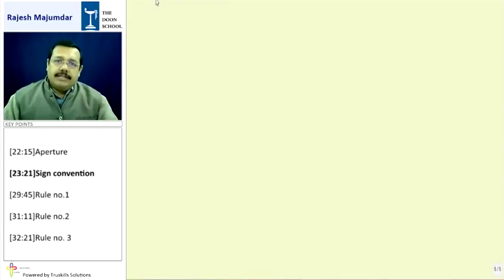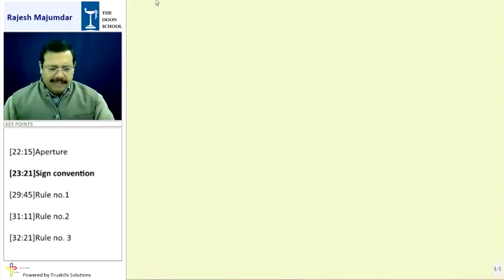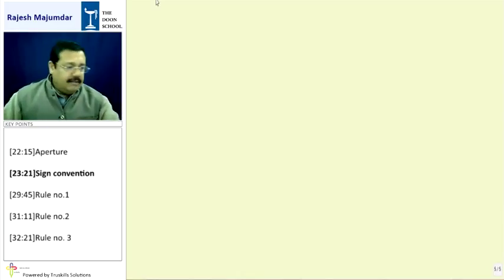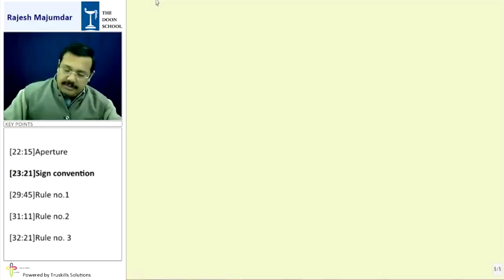They produce images, and they will produce images if objects are kept in front of them. And that is why for mathematical clarity, to draw images, we need to place the object at a certain position. And therefore we require sign convention, where to keep in front of the mirror, how much distance, and so on. So we need a sign convention, and the sign convention is